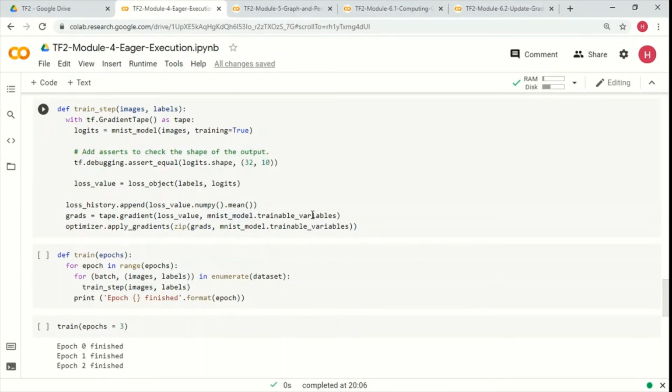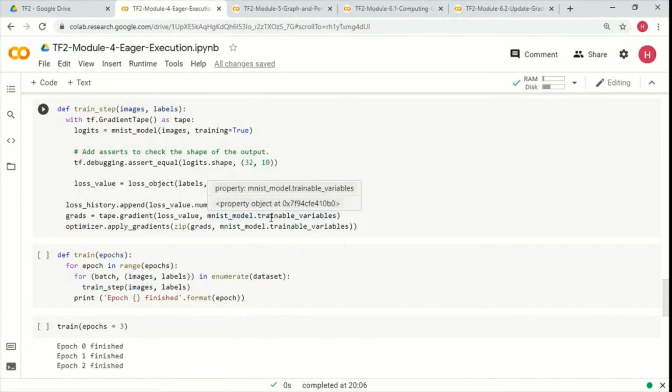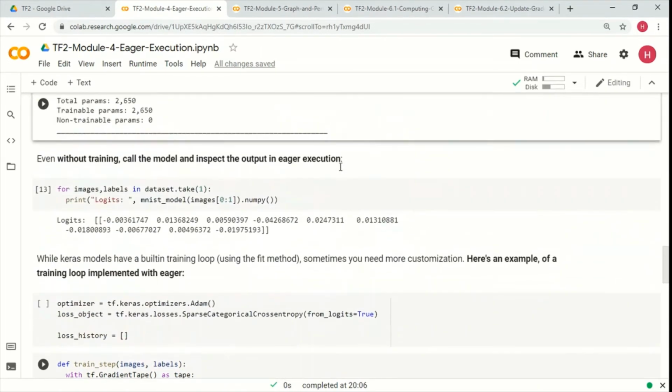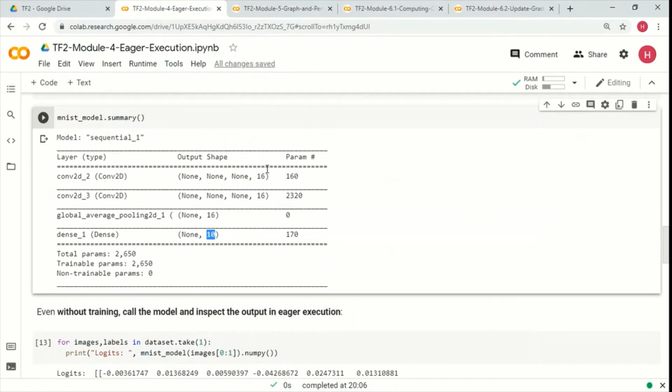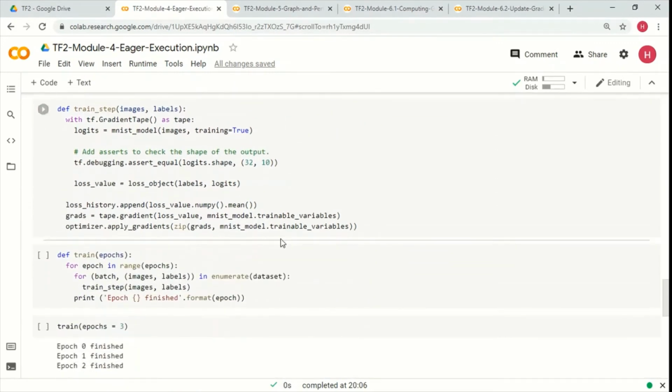So we are able to get all the trainable variables of the MNIST model, and that includes everything that we saw here. All these weights mentioned here are going to be included in the trainable variables, and we are able to calculate the gradient of the loss value with respect to all these trainable variables. So we get the gradients here.